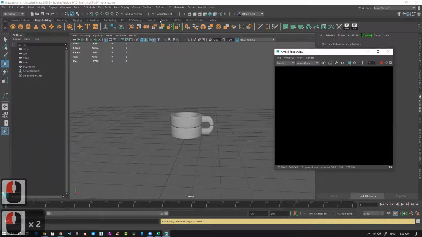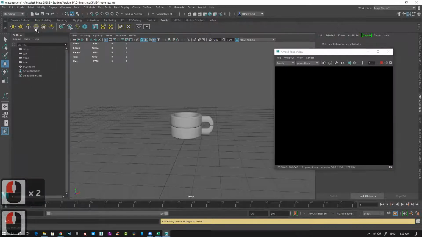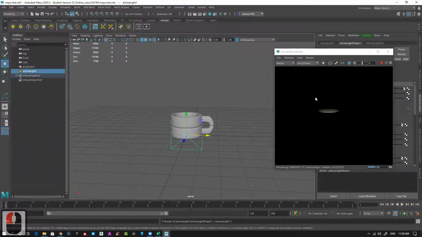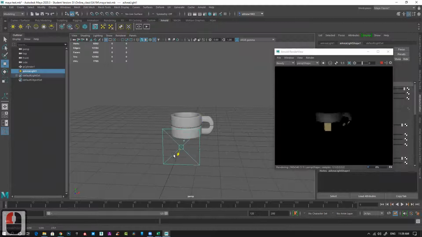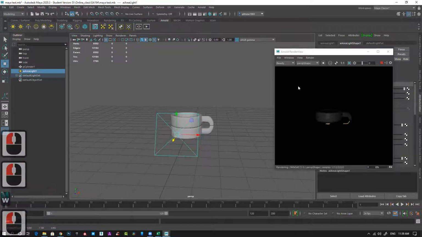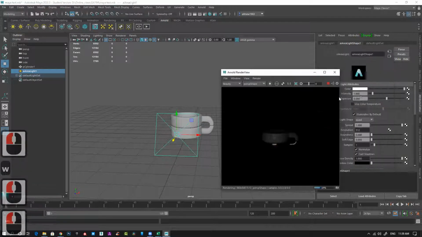Keep it here. Go to Arnold. You can see you have an area light and a mesh light. Create an area light. The moment you create, you can see it's visible. Depending upon the distance.